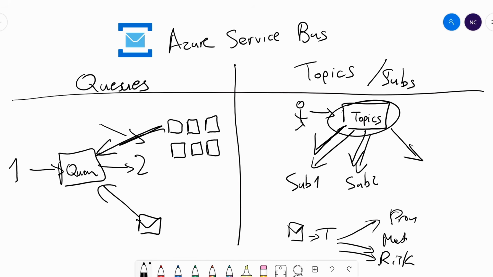Now you might say that one of these services, let's say the risk service, doesn't need all of the events, but only some of them. What you can do is use filters, and filters can be things like listening to specific headers, and only then will the topic send it to that filtered subscription.